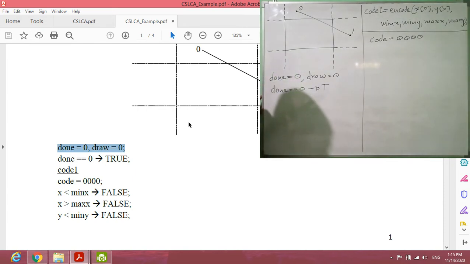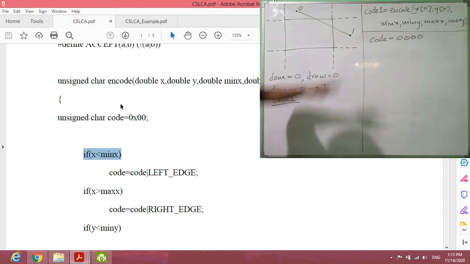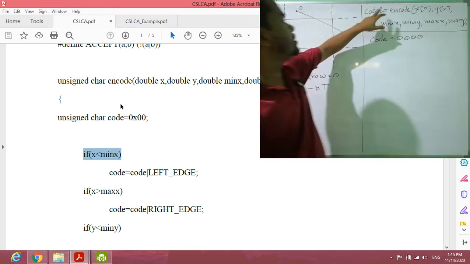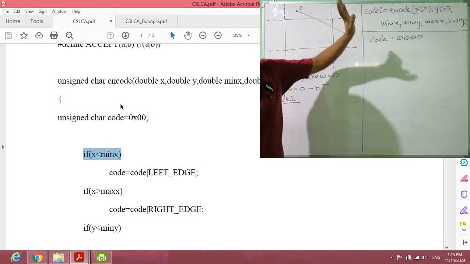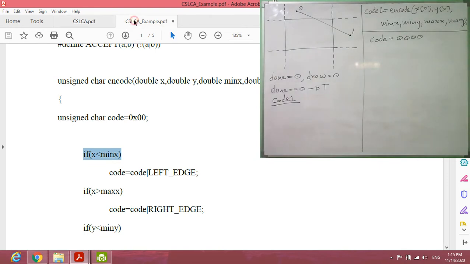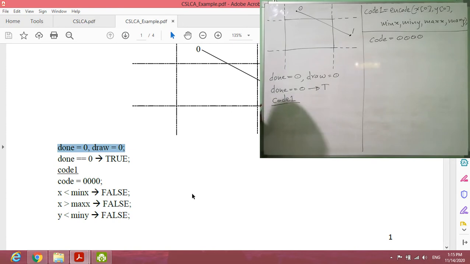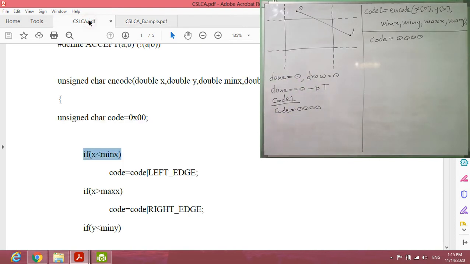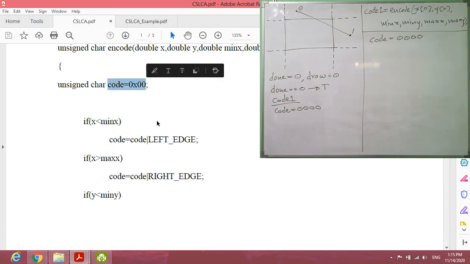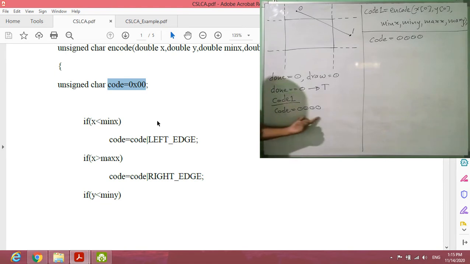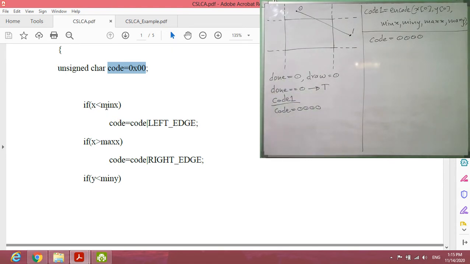So first we try to find the code 1 value. When we execute this line of code, we are going to find the value of code 1. Initially the code value is 0. Now for code 1, the code value will be all zeros, and now what we check inside is